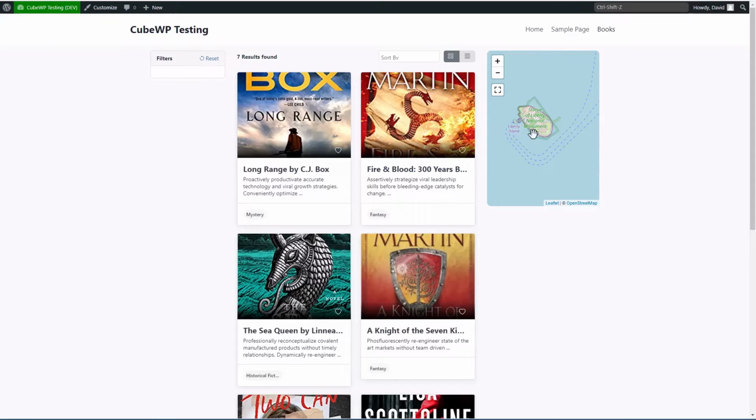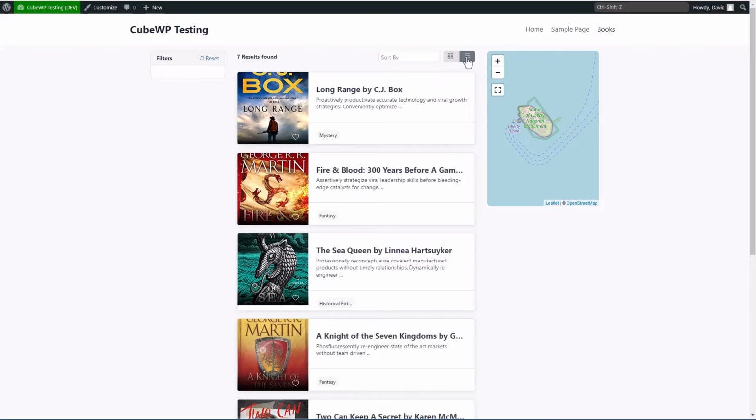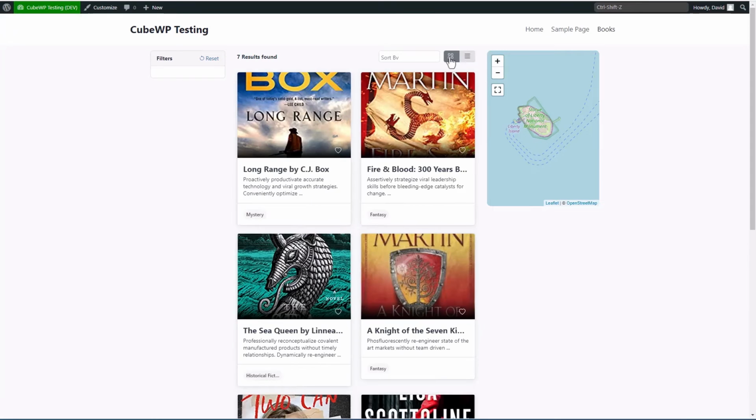One is that we have this default map here, which doesn't make sense in our case. Another thing is that the featured image is cut off here the way this is made. And then the filter doesn't show anything there. And we can sort, though, by newest or oldest. And there's this option here how to display in a grid or as a list. Okay, that almost looks a little better. All right, so let's see what we can do now to tweak these things.